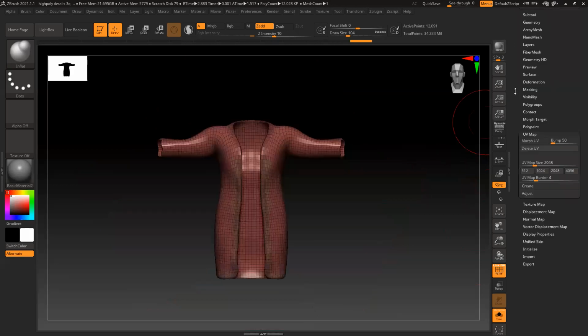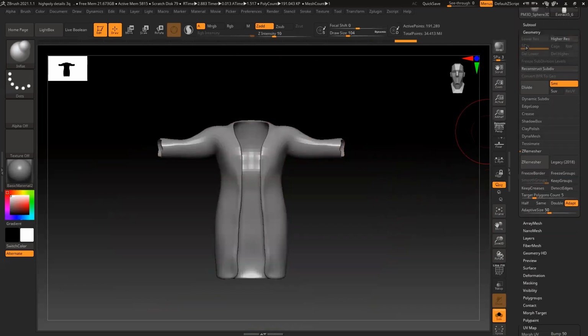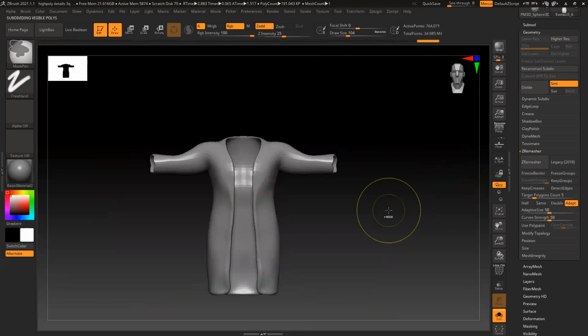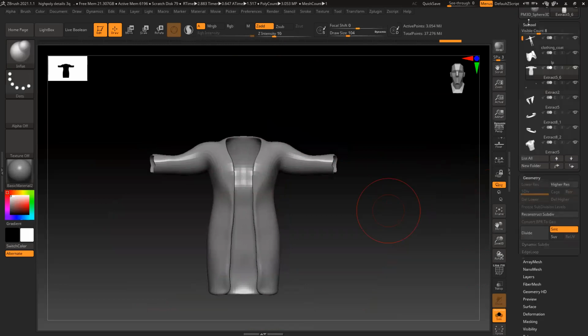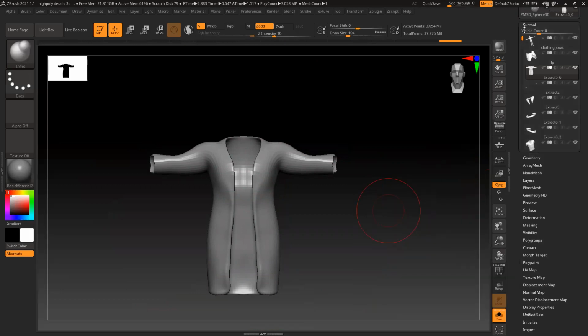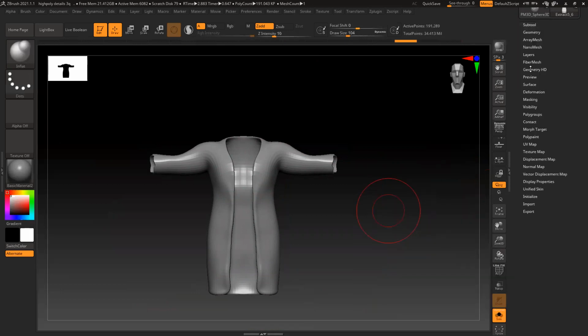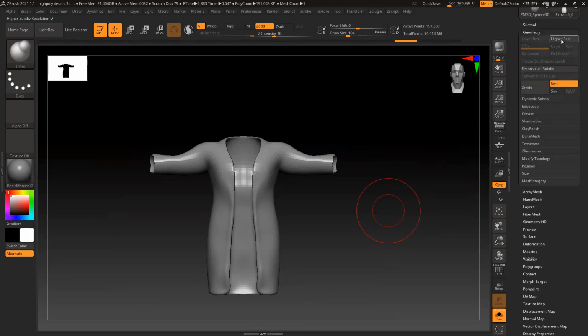Okay, I guess I have a Shift F, Control D.